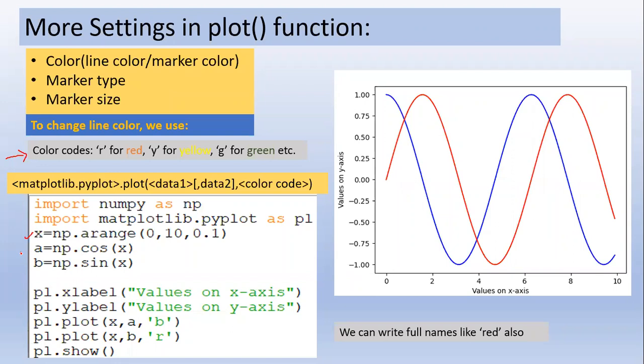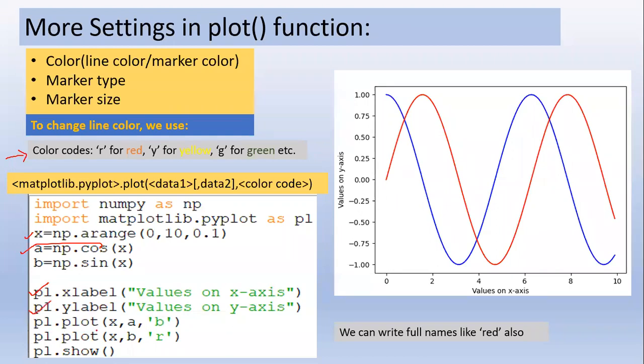If you remember trigonometry, we have sine, cos, tan. So if you want to create a chart for trigonometric functions, for that we can use cos or sine. So A is equal to np dot cos x, B is equal to np dot sin x. A and B, these are two data values. So we have a combination of two charts. Now see PL dot xlabel, PL dot ylabel, same lines.